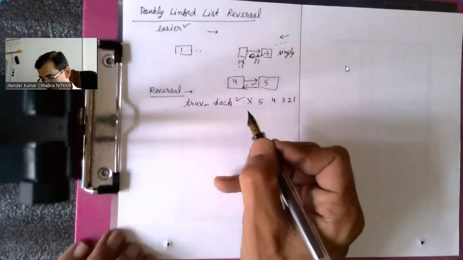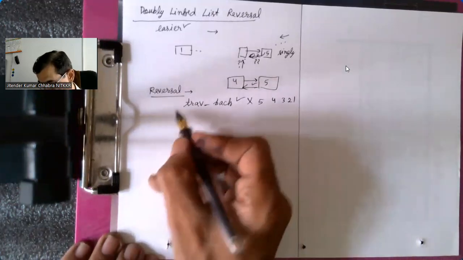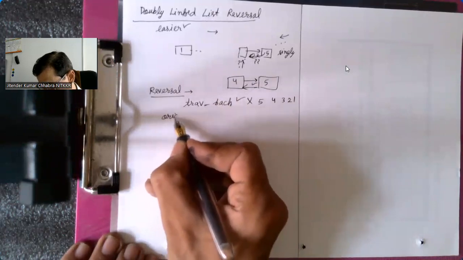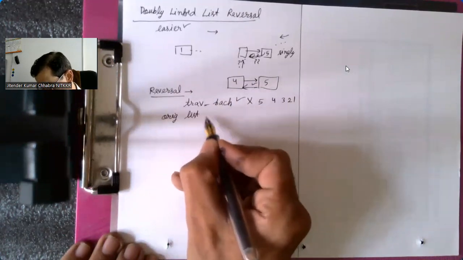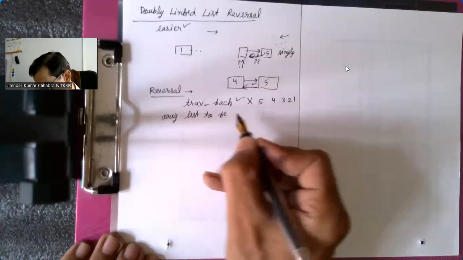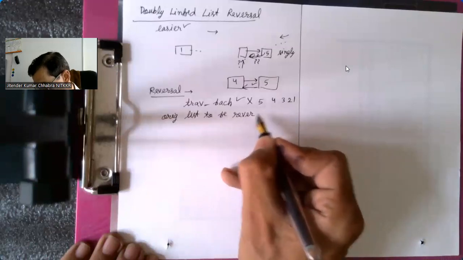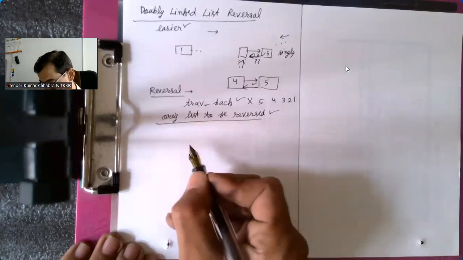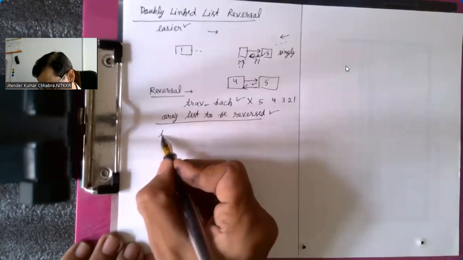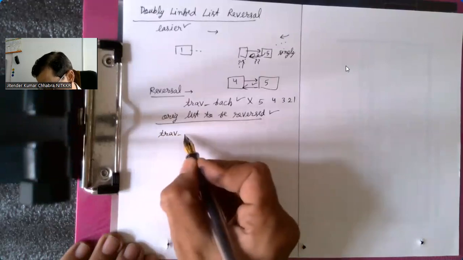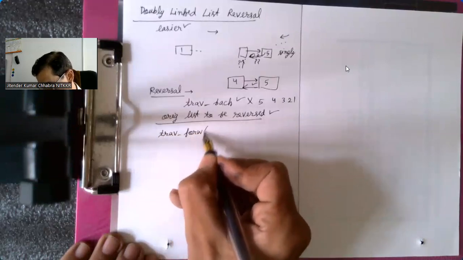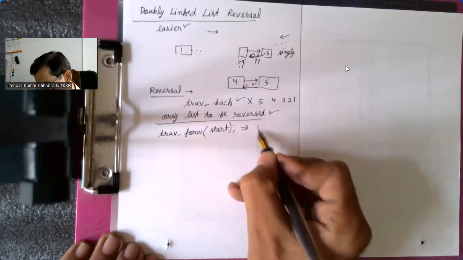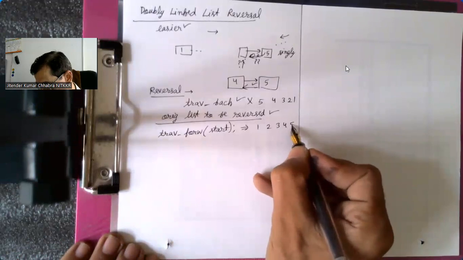But I say no, that's not what you have to do. Reversal of the linked list again means the original list is to be reversed. That is what I am trying to do. Not to create a new reversed list, not to do anything additional. I want the original linked list to be reversed. Means what? Initially, if you have a traverse forward with the start, that must display 1, 2, 3, 4, 5,